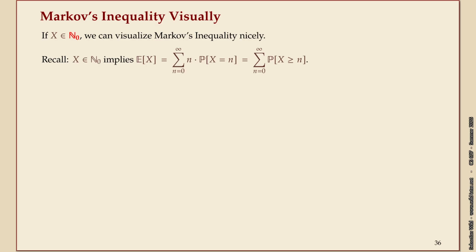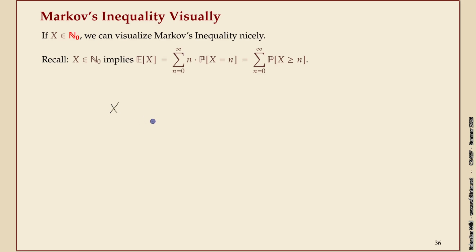Before we move on, I want to give a brief visualization of this inequality because I think it's good to stick in mind, which only works for natural numbers, but oftentimes we have that anyways. So the thing about natural numbers, if x is a random variable over N0, is that we can rewrite the expected value in a nice way. Probably you've seen this before. That's just the definition: sum over all possible values times their probability. But then if you group this,